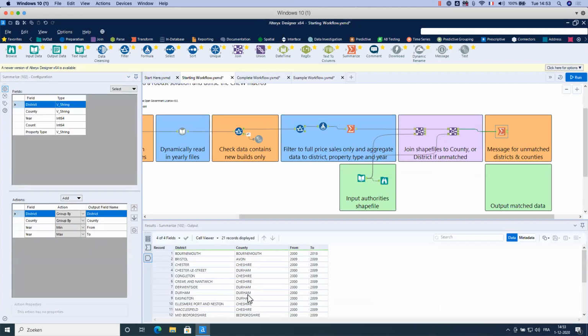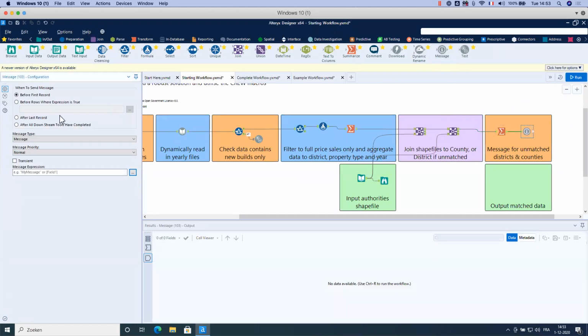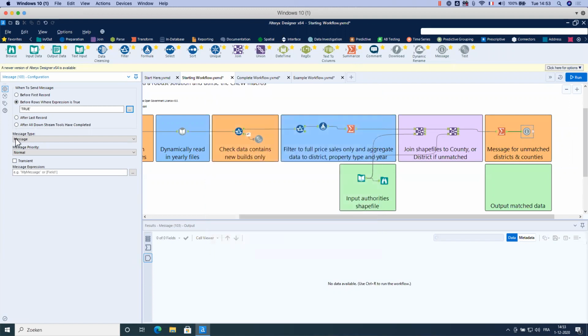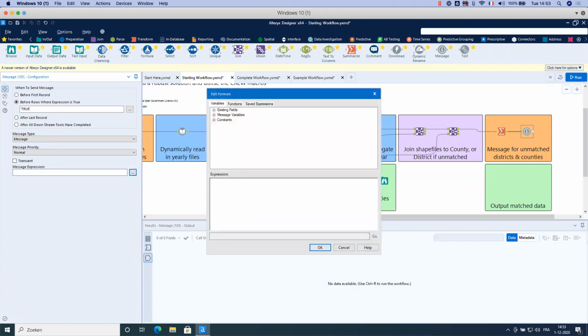Okay, so I will add now a message tool to say before rows where expression is true, then again, my expression is still true here. Message type, I will keep that one, message, and the priority as well. So my message expression, I will copy paste also in the chat.